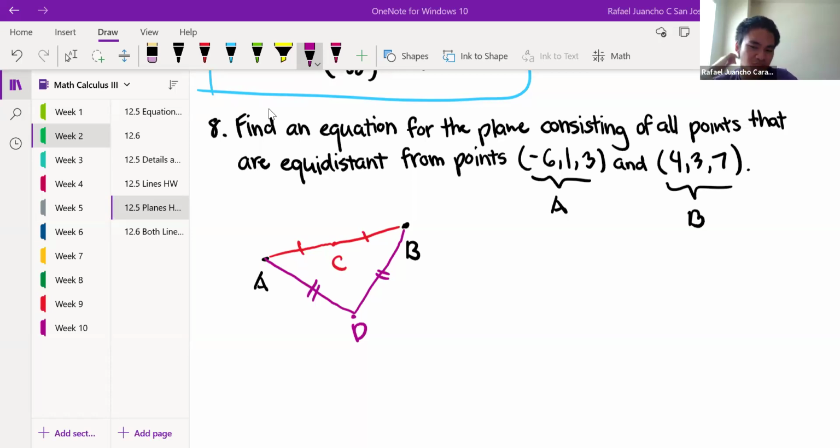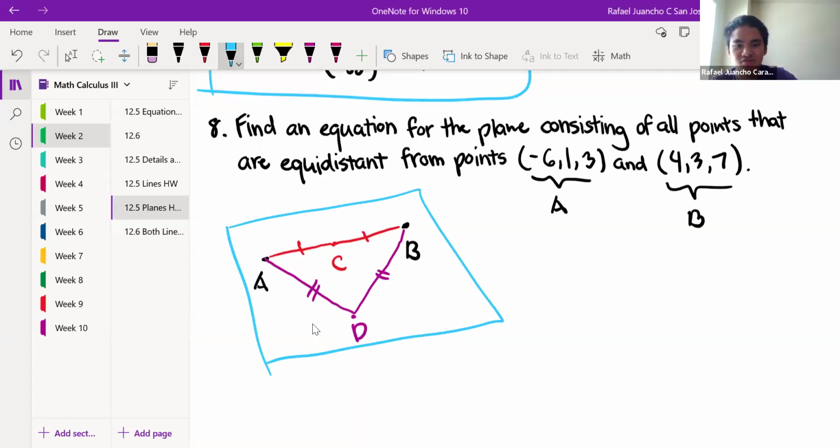Why is that? Because the plane is perpendicular to that vector AB, or to the line segment AB. Because these points are in some plane that we're trying to find an equation for. And if we use this as our direction vector,